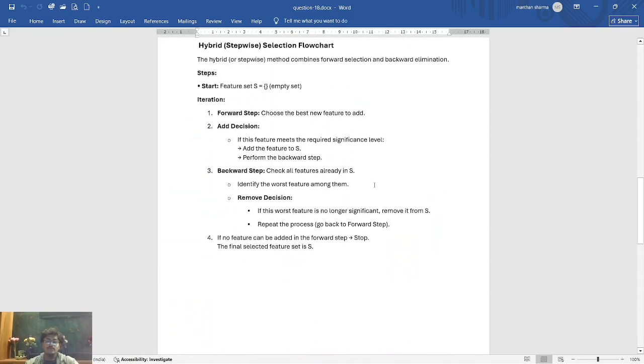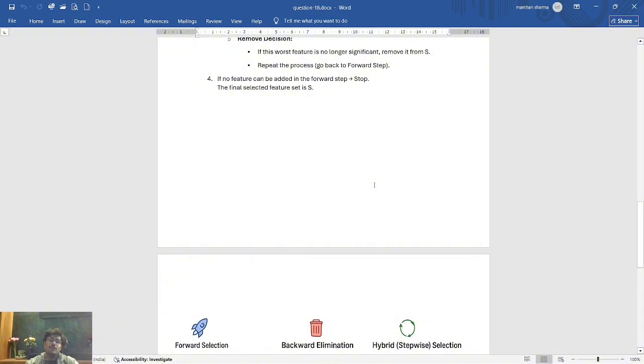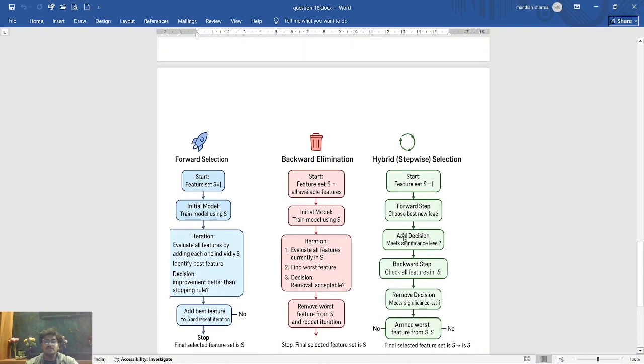So now, when to use which? Use forward selection when you have many features and you want a simple model. Use backward elimination when you start with all data and computation is manageable. Use hybrid when you want the best balance and you expect feature interaction. Forward selection starts with nothing and keeps adding. Backward elimination starts with everything and removes. And hybrid does both. Using flowchart style thinking, we make the process easier to understand and apply in